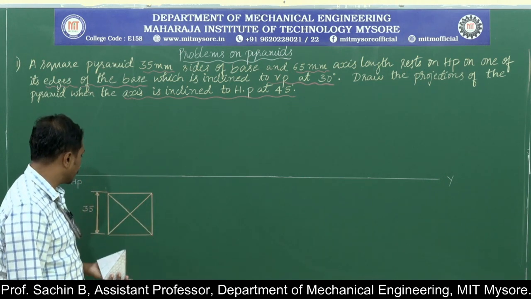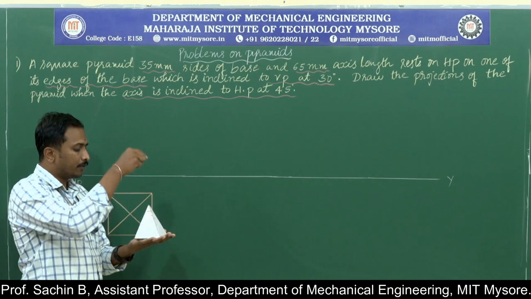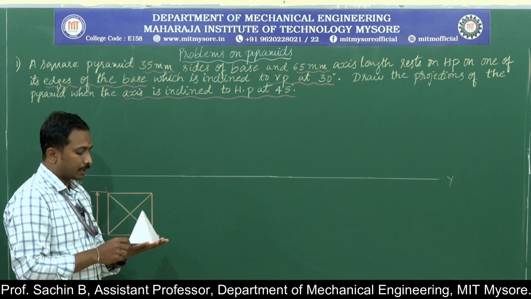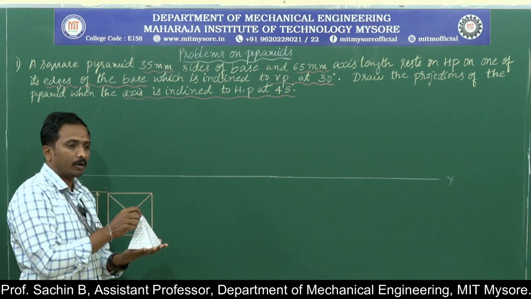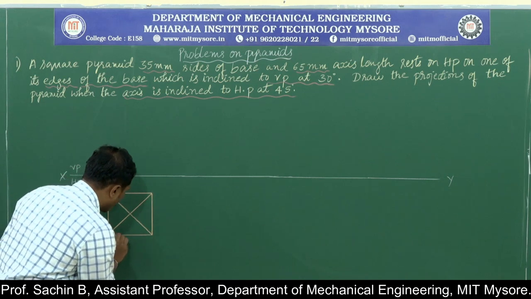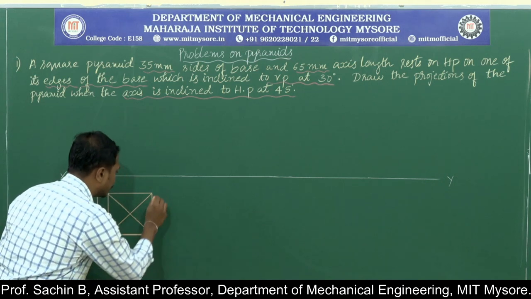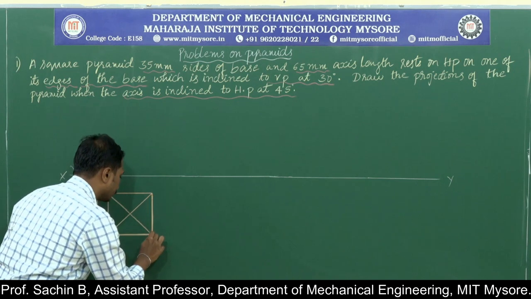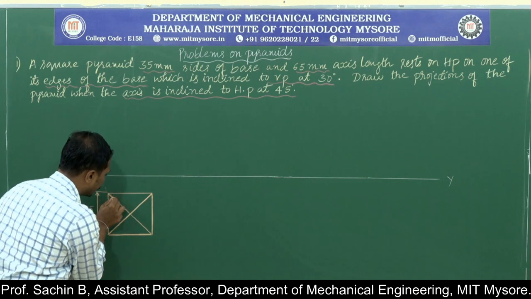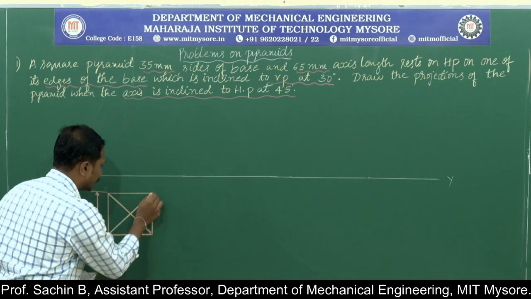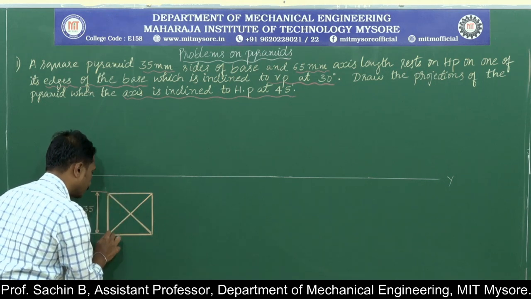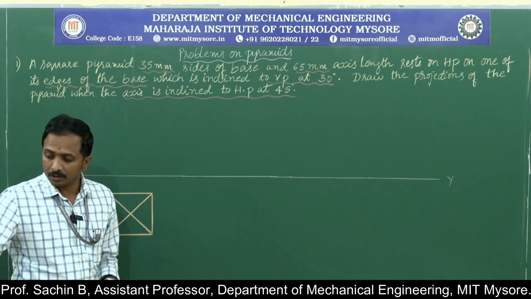Okay, next point is, this is the pyramid. If I view this object from the top, all the base edges and the slant edges which are connected from the base edges to the apex point are clearly visible. Because of that, I am going to darken all the base edges and the slant edges which are connected to the apex. Okay, this is the consideration they have given.